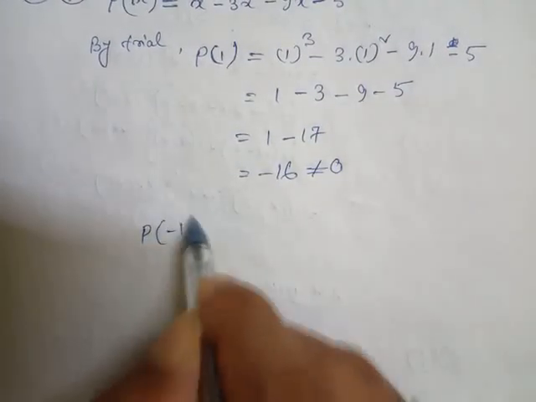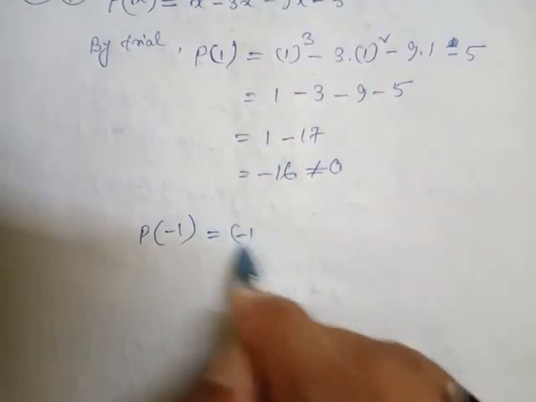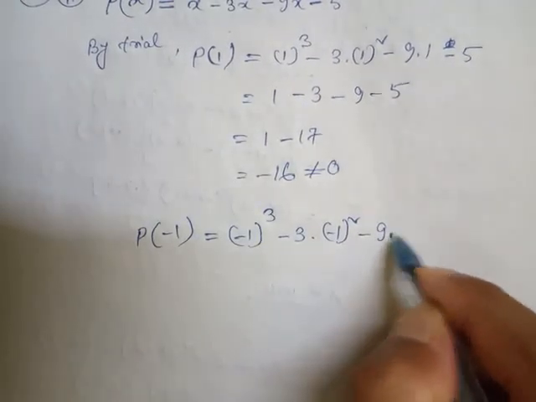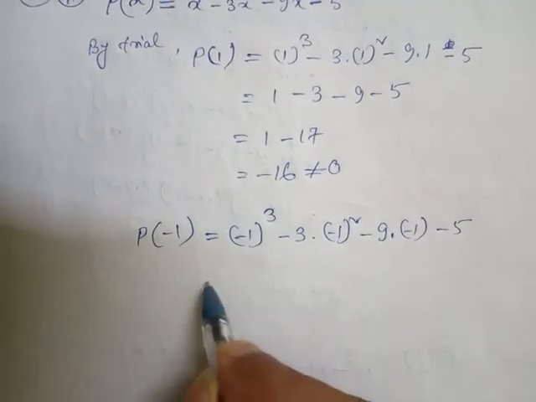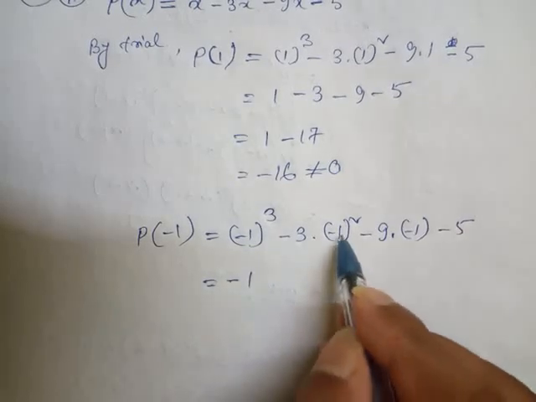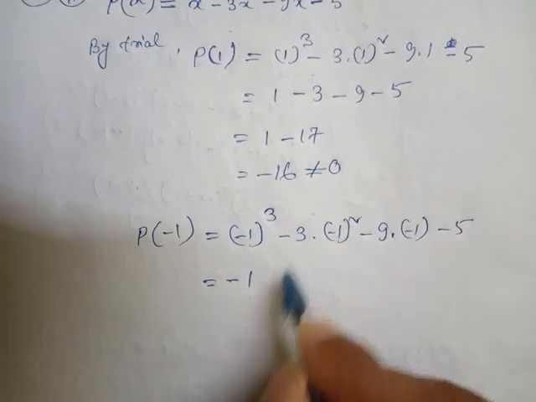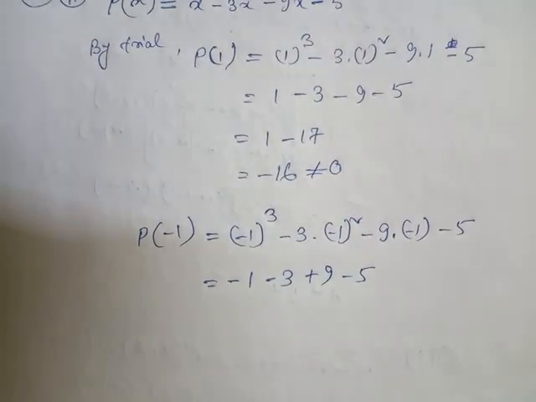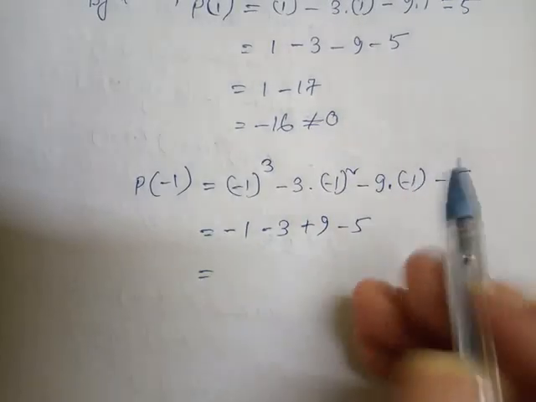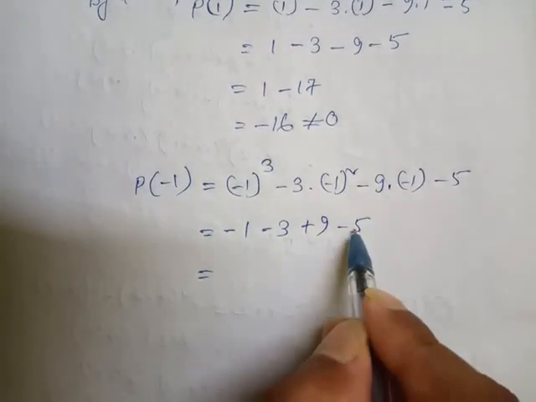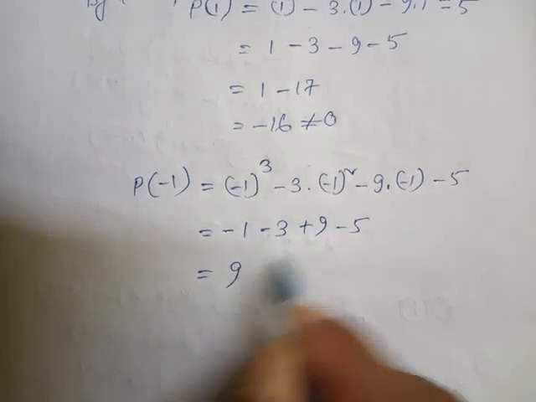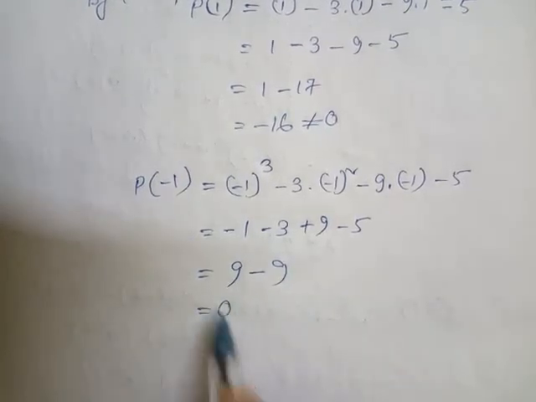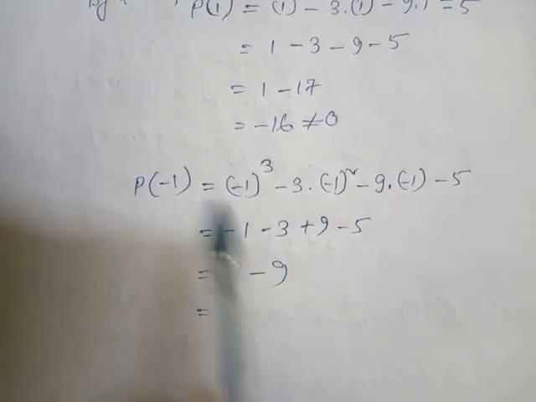Now look, p of minus 1. Let me check: minus 1 cube, then 3 into minus 1 square, then 9 into minus 1, then 5. Now minus 1 cube is minus 1, minus 1 square is 1, and 3 means 3, minus minus plus 9 and 5. Now 5 plus 3 is 8, 8 plus 1 is 9, then minus 9. Now the answer is 0. So after putting minus 1 we have got 0, which means we'll take this as